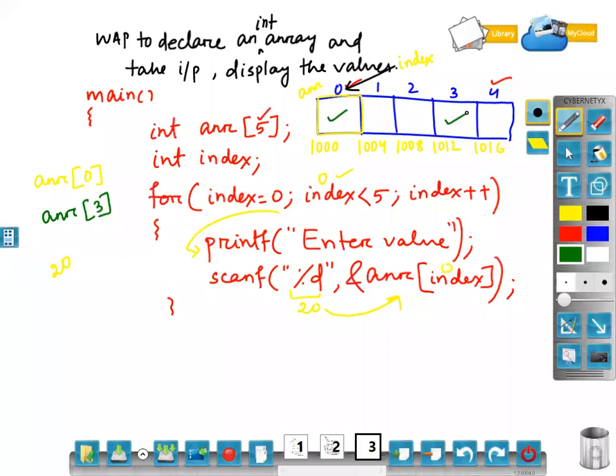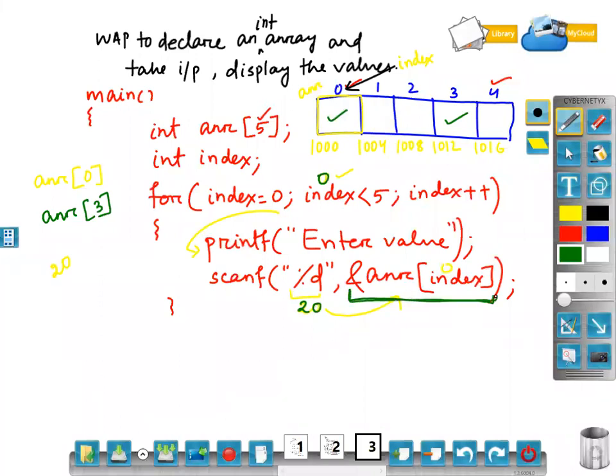Okay. So in scanf, I have to provide the address sequentially. One by one, the index value is incrementing. So index equal to 0. I am starting. I am checking 0 less than 5. True. Entering. Enter the value. So I am entering 20. Where to store 20? That is telling the address of array of 0.